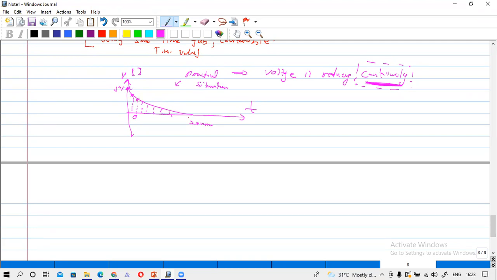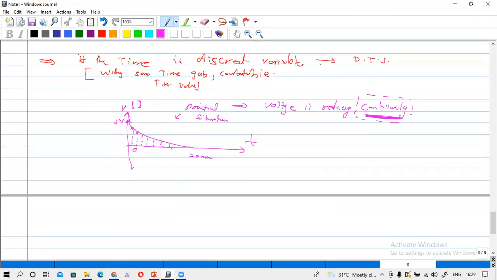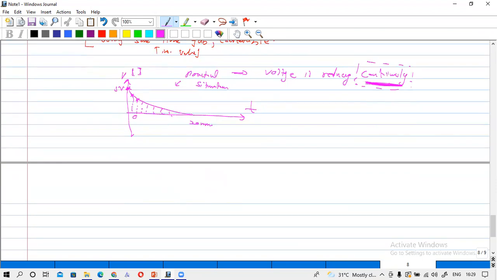So try to understand that one. If you couldn't completely understand this thing, it is okay. We will see it later. So anyway,